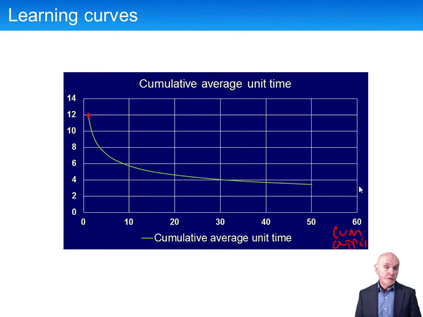It will not keep improving because, for example, people simply can't move faster. It takes a certain amount of time to put in a screw, and you can't get any faster than that. You have to walk from here to here, and you're already running and you can't run any faster. It may take time for glue to set, and so on. And of course there'll be a bit of a turnover of employees. So what's reckoned is at some stage out here you're going to hit the steady state, and that's what we'll